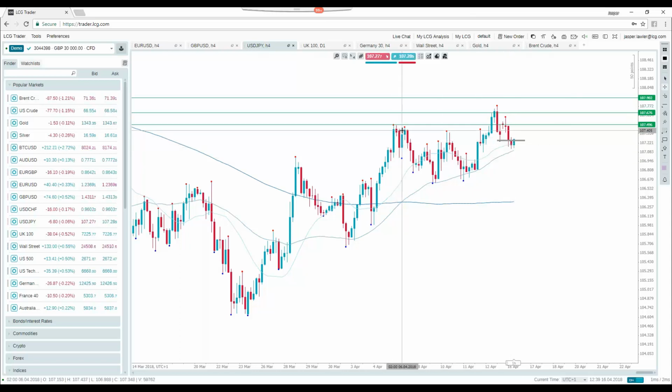So at this stage, I wouldn't necessarily be selling the breakout here, and as you can see, we're already popping back above that breakout level because we are still trending higher on this 4-hourly basis. So until we break down through these 20 and 50 period moving averages on the 4-hour chart, and actually maybe start coming down and challenging these lows here,